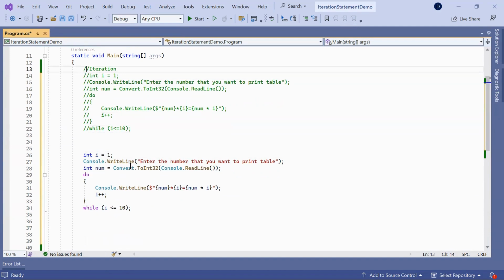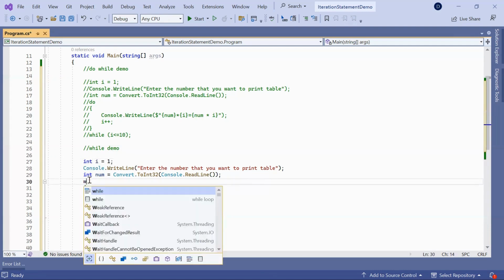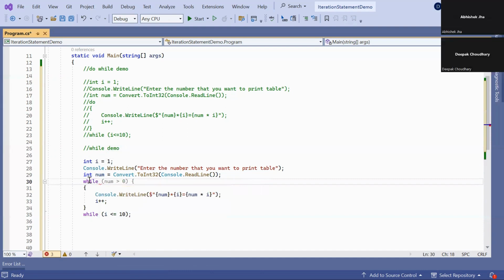So this is a do while demo. Now we understand the while demo. For the while process, what are the disadvantages, or why did we introduce while even though we have a do while statement? Using this example, you will understand that part. So instead of do, we will put while, and you can put the same condition here.